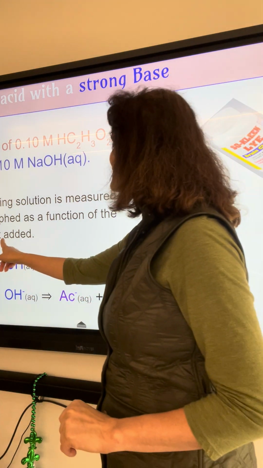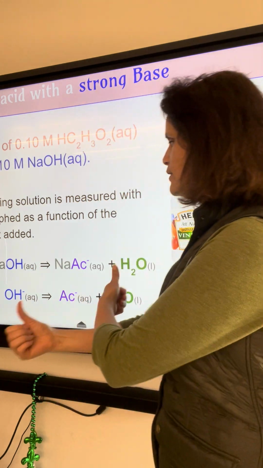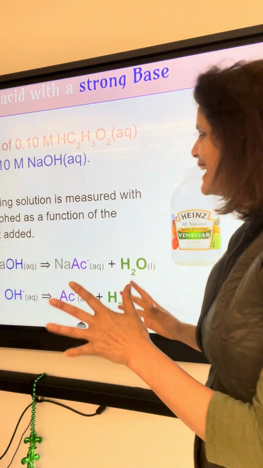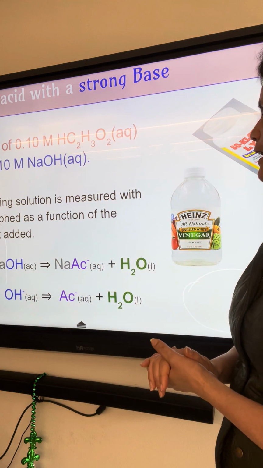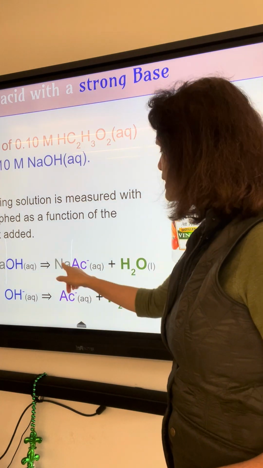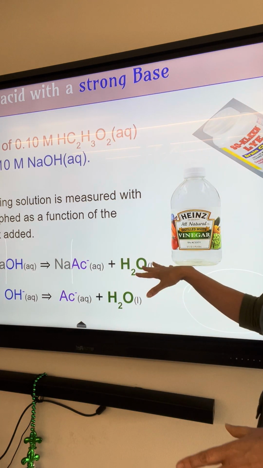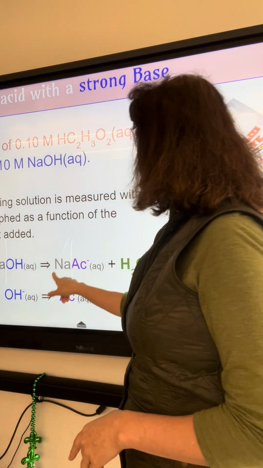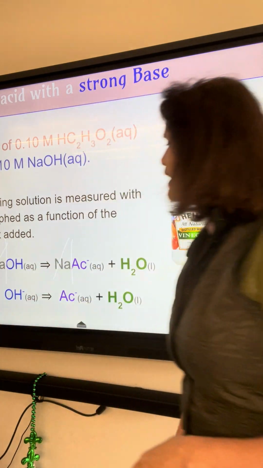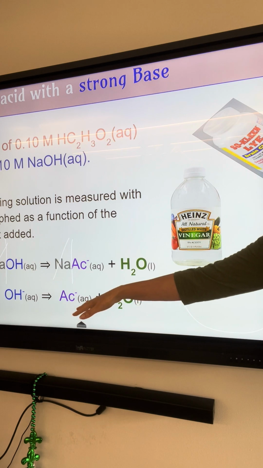This one is a salt, it's a strong base, dissociates completely, has Na and OH. This one will dissociate completely, has Na and Ac, it's again a salt. Water stays together. Your spectator ion is your Na. So your net ionic equation